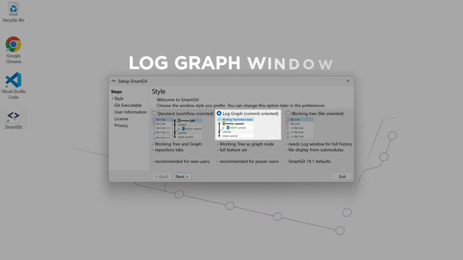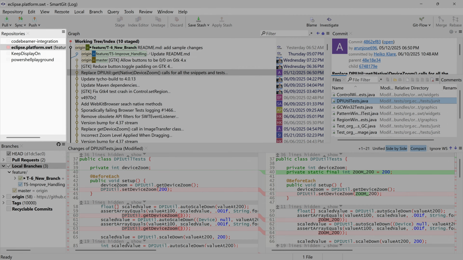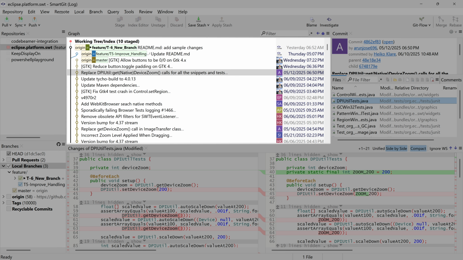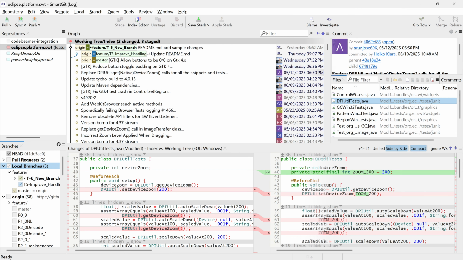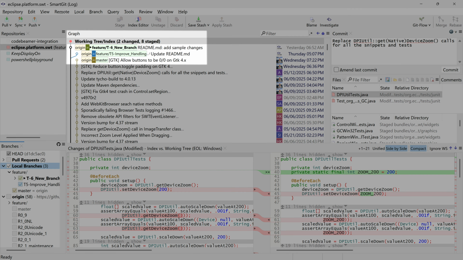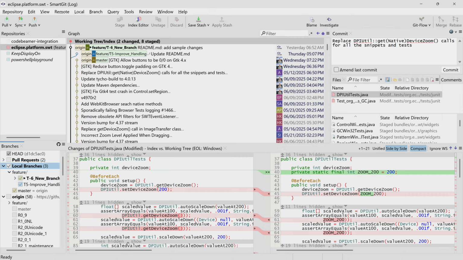Second, the log window is built for power users who need complete control over every aspect of Git. The left area lists all repositories. The branches view provides access to branches, tags, stashes, and other refs with fine-grained control over the central graph. The right area displays commit details and changed files, including a file-level diff in the changes view. The working tree is accessible via a dedicated node in the graph. Commit messages are composed in the right area.